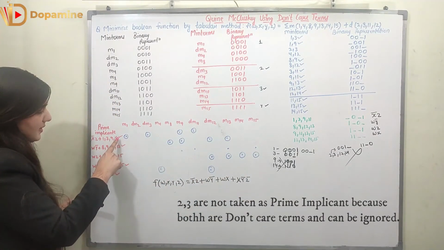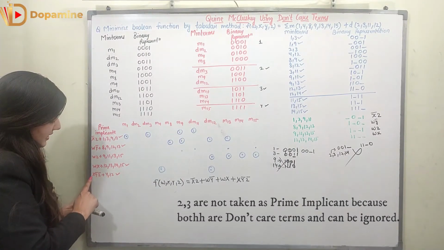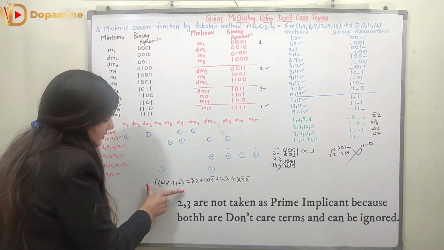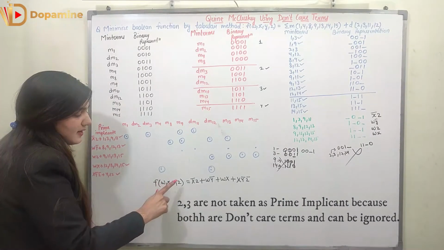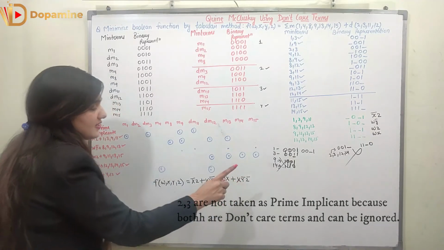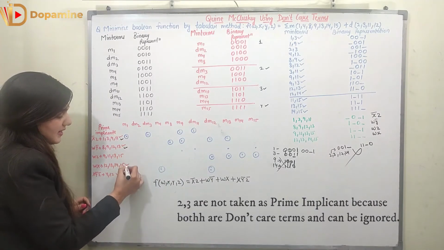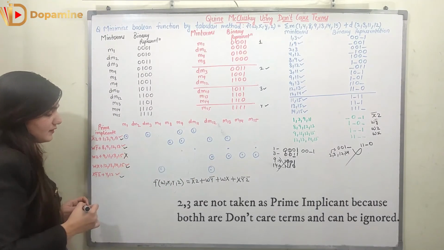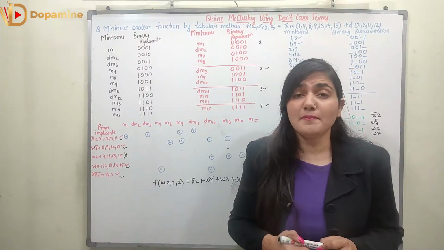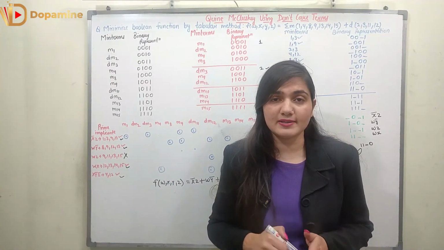So here we have tick mark in the front of x dash z, w y dash, w x and x y dash z dash. So now I can minimize this boolean function w x y z as x dash z, w y dash, w x and x y dash z dash. The prime implicants over where we have tick present, right? So we have ignored this prime implicant. I hope you understood how I have minimized the boolean function including the don't care terms using the Quine-McCluskey method.